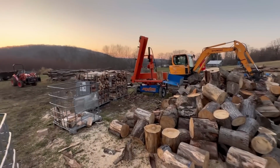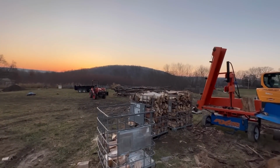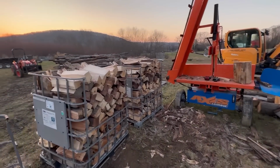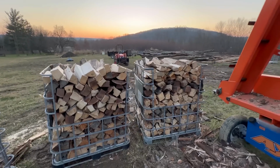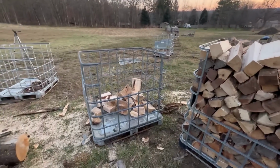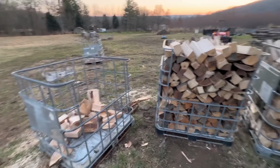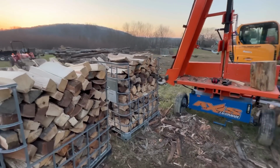Right, so we started splitting about 4 p.m. and around here, this time of year, the sun is setting about 5 p.m. So that was about an hour's worth of splitting, and we got about 2/3 of a cord of firewood split. Each one of these baskets holds 1/3 of a cord. We did have a little bit of some offcuts, cookies and things like that that we split up for our own wood boiler. But 2/3 of a cord might not sound like a lot in an hour, but I'll tell you why it is,